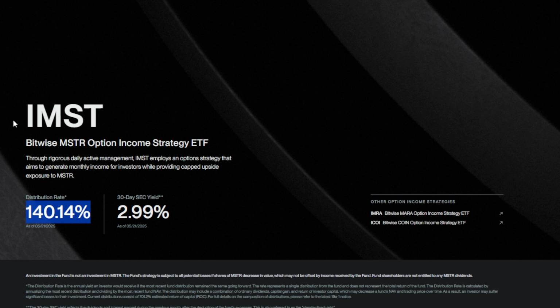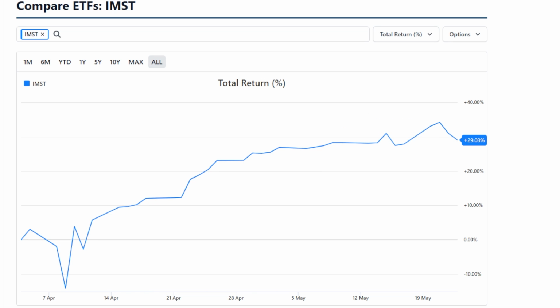It seems like there's lots of products nowadays that do offer distribution rates of well over 100%. So is that going to be the more or less norm in the future? I guess only time will tell. Now, looking into IMST's total return, again, it's only been trading since April 1st, so we don't have all that much time frame to go off of, but this ETF is already up over